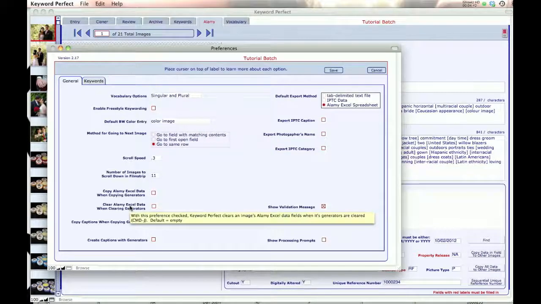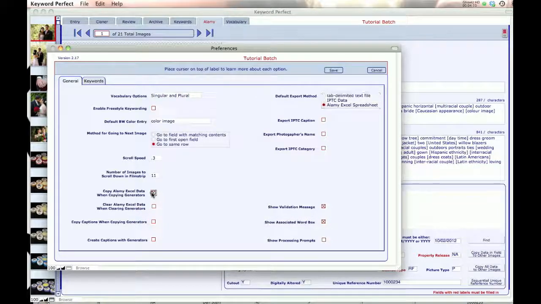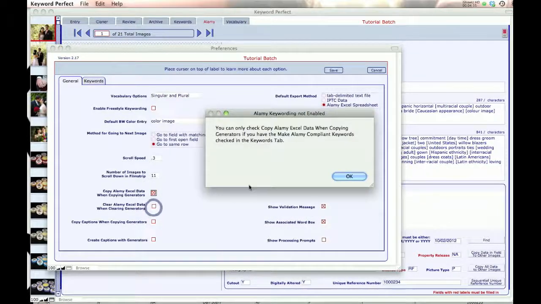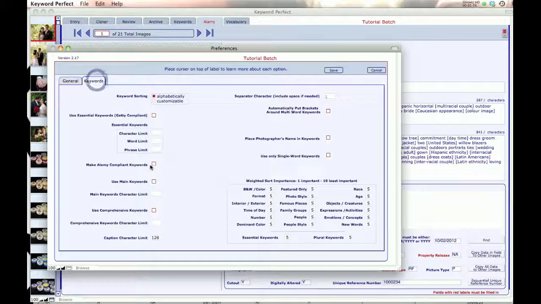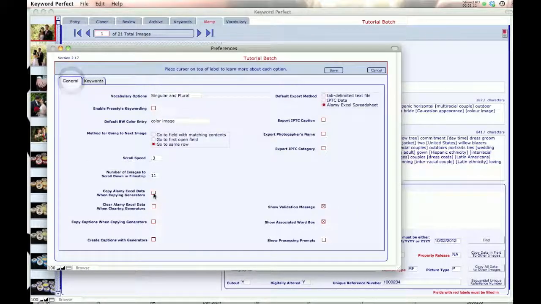That means when I'm copying or cloning things, I'm also copying the Alamy data with it, and you can choose whether you want to have that happen or not. So I do that, and I get this message that reminds me that I have to have make Alamy compliant keywords checked, or else these will not work. So I go over here to keywords, make Alamy Excel compliant keywords, and then I can have these checked, and